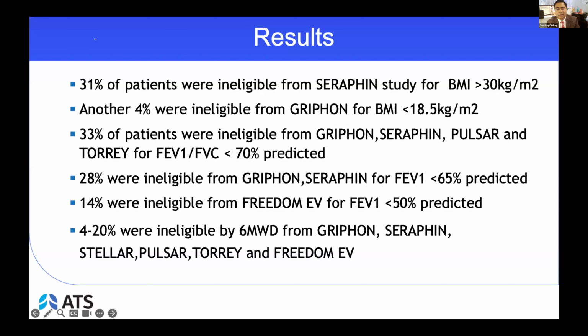And I feel that as the epidemiology and the demographics of the PH patient is changing, because we are now seeing they're living longer, they're having more comorbidity issues, there should be some changes in how we are including these patients into clinical trials. Because what is happening is we are looking at these clinical trial efficacy of the drugs, but then the real world survival of PH is still poor.